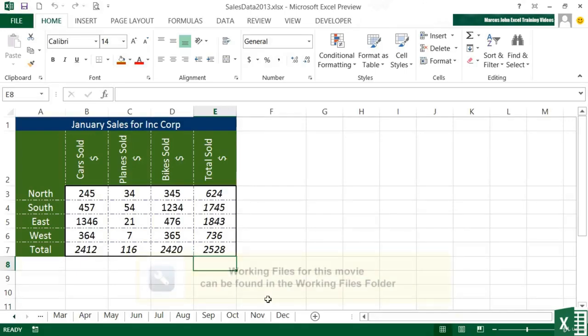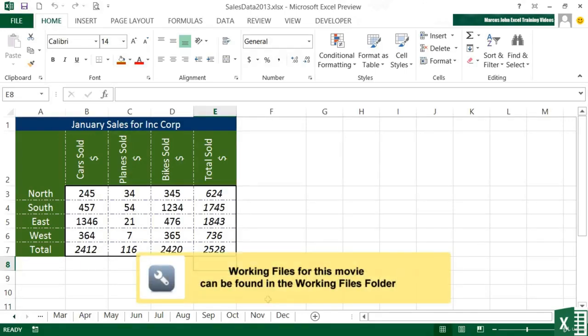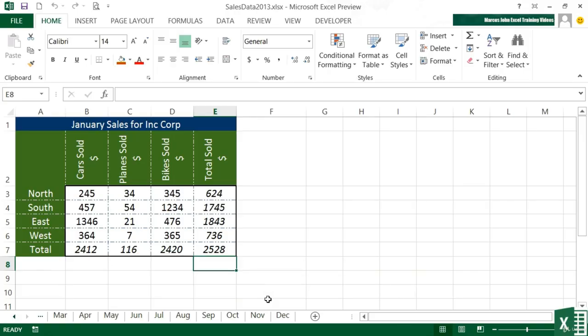We've already covered how to format a cell and a number of cells, so a range in Excel, but we can also format to some degree the tabs that you get for each worksheet. Taking our sales data 2013 file, you'll find that we have a workbook with 12 worksheets, one for each month of the year. Now, because all 12 sheets can't physically fit along the bottom here, we then have to use